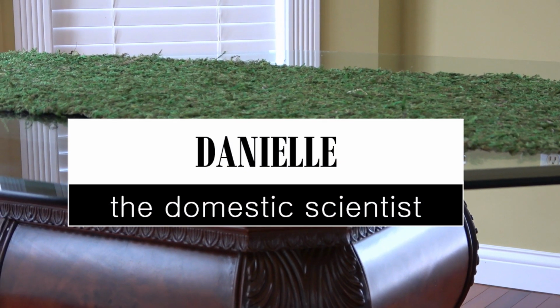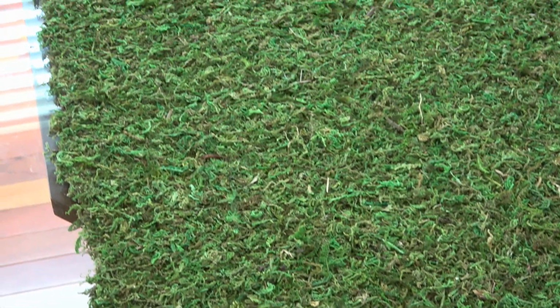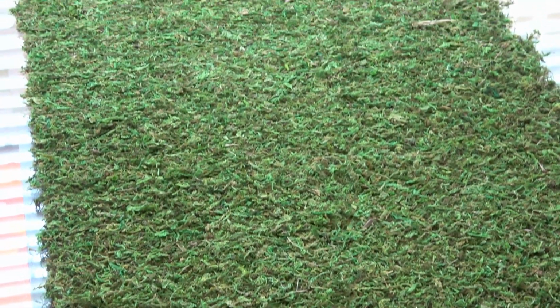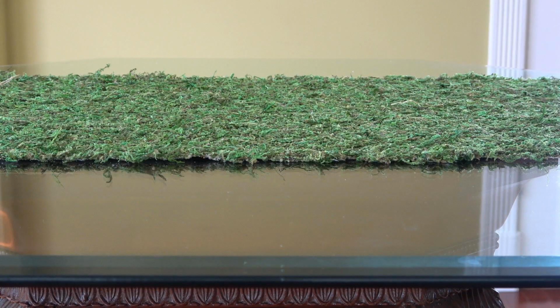Hi, I'm Danielle, the domestic scientist, and in today's video, I'm going to do a creative tablescape featuring the color green, so stay tuned. So the first thing I did was I applied this moss mat to my table to